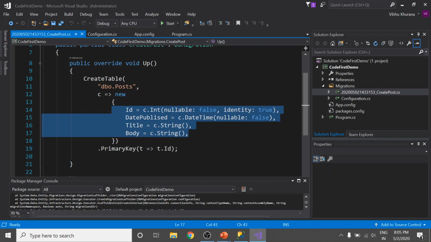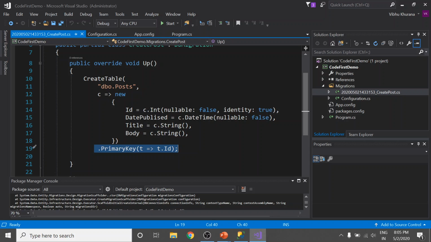DatePublished is a DateTime and it is not nullable, as you can see here. And we have two more columns, Title and Body. Both of them are of type string. And finally here there is a call to the PrimaryKey method. It specifies that the Id column should be set as the primary key.